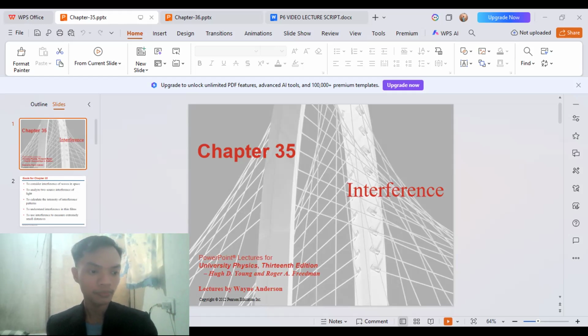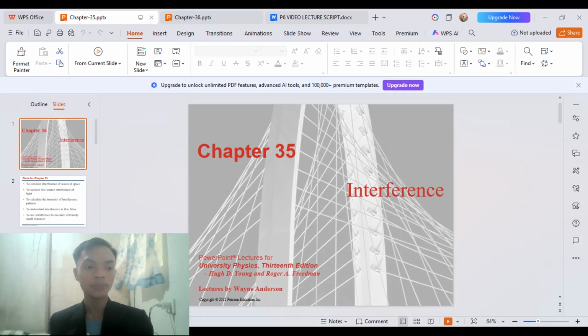So let's go back to the main idea of this topic. We were able to explore one of the most beautiful and practical phenomena in physics, which is interference. Again, this chapter revealed how waves combine to produce patterns of brightness and color. Throughout the lesson, we saw how interference helps us measure distances smaller than a wavelength and design optical devices used in everyday life.